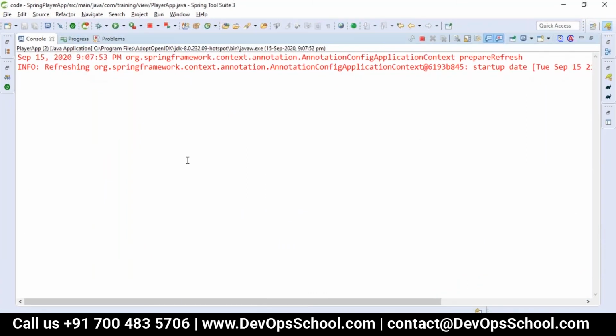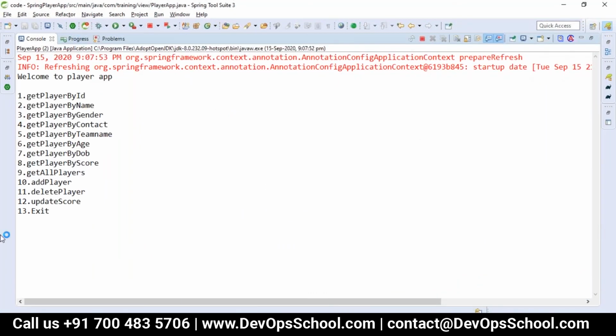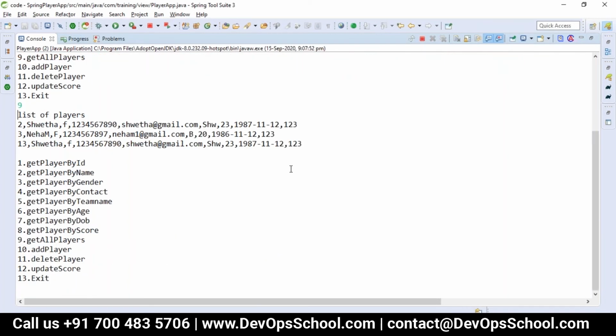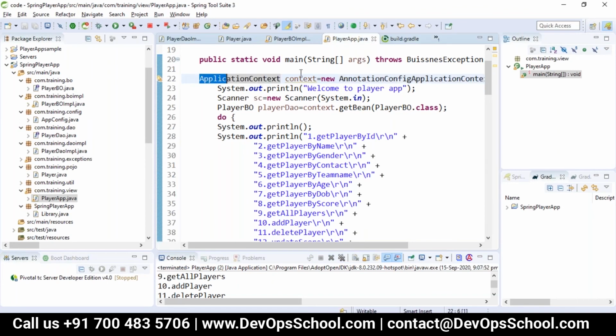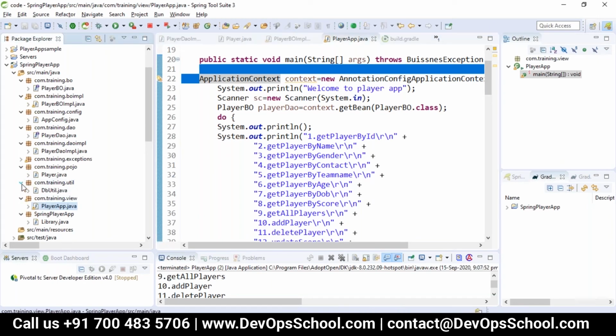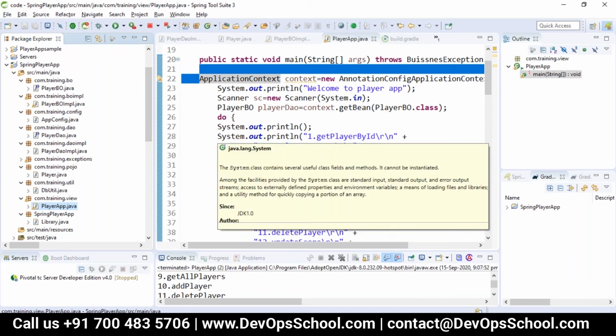Okay. So that is loading into the Spring container and working as it did in your previous project. So what is the change which we have done? Instead of us creating the object, we loaded all our code into the Spring container. So that's the first change we have done. But when you see here, we made it only as a Spring Core project, that is, Spring Core features we have added.